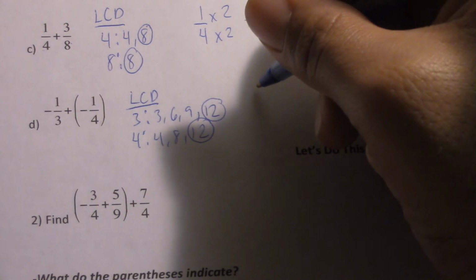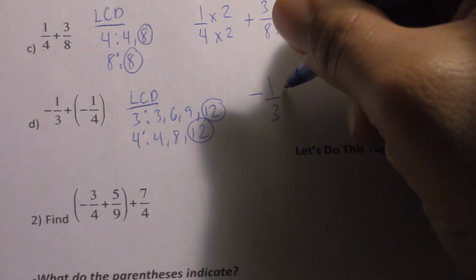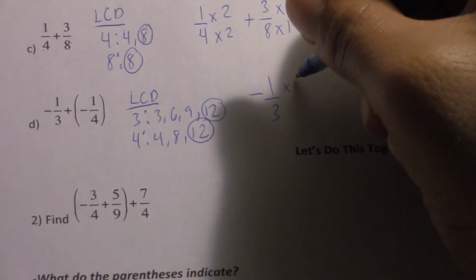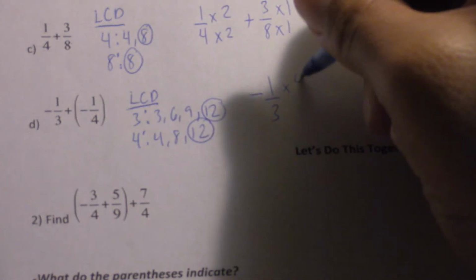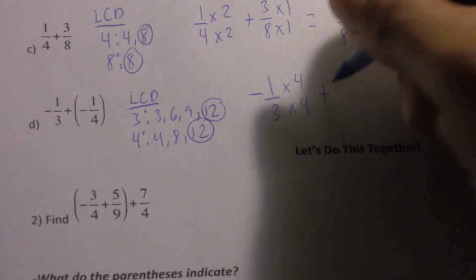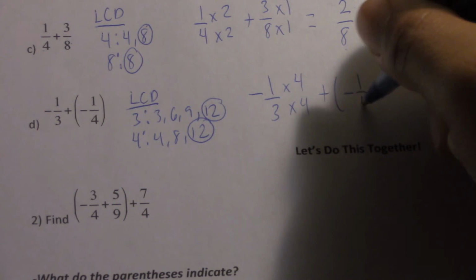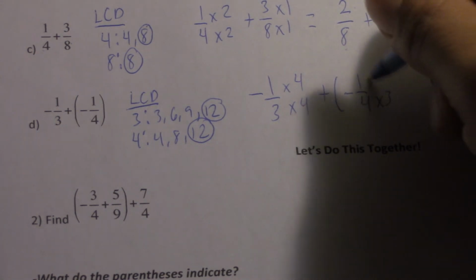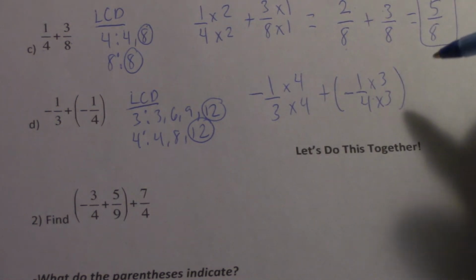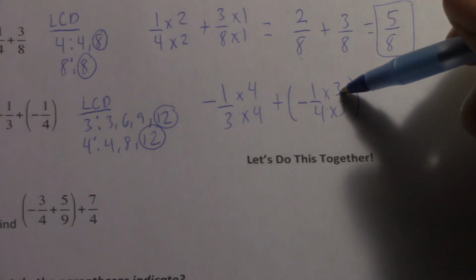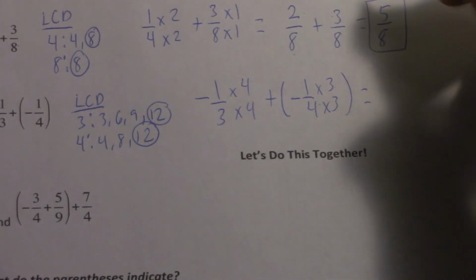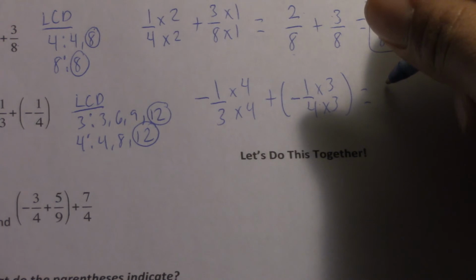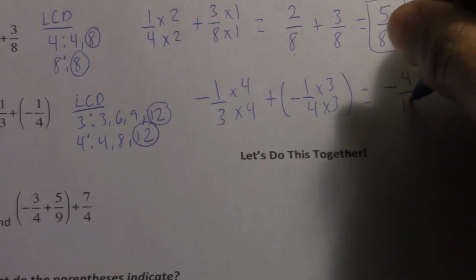Let's rewrite the fractions. Negative 1/3 times 4 times 4 plus negative 1/4 times 3 times 3. Now remember, whatever you do to the bottom, you also have to do to the top. Now let's multiply. That becomes negative 4/12 plus